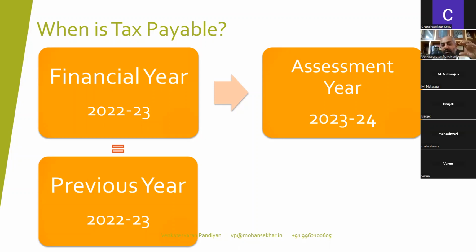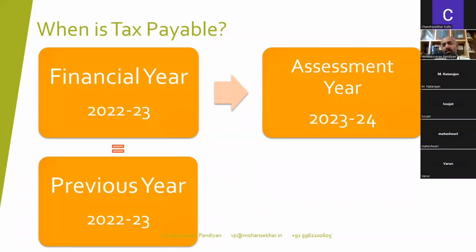All forms address only the assessment year, and that's why I wanted to give a word of caution on this. And why am I talking about it in the TDS section? Because whenever you deduct TDS, remit TDS, or file your TDS statements, everywhere you will have the assessment year. Remember, for the current year, which in income tax is the previous year, the assessment year is 2023-24. So please bear this in mind as we progress.